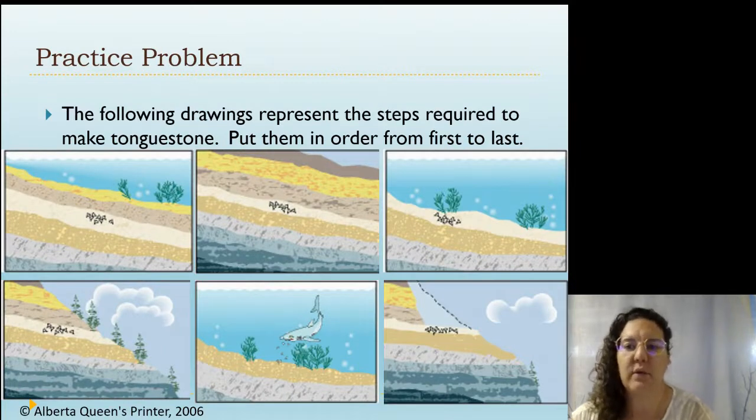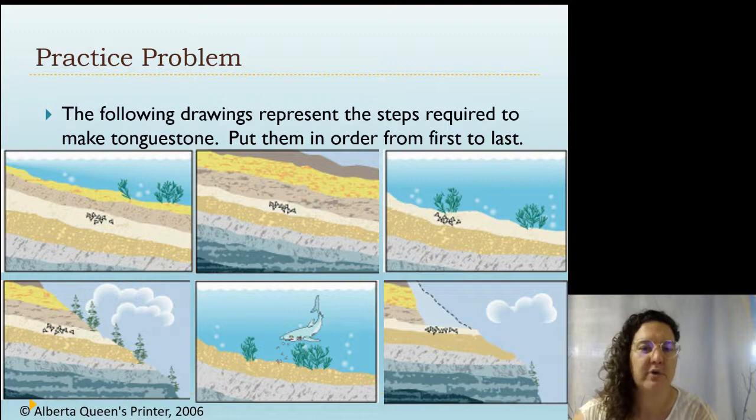So here is a quick practice problem using the law of superposition. The following drawings represent the steps in order to make tungstone. Put them in order from the first to the last. Okay, so one of the things we want to do is identify different layers of rock. So one of the ones that I'm going to identify, because it's easy for me, is this kind of